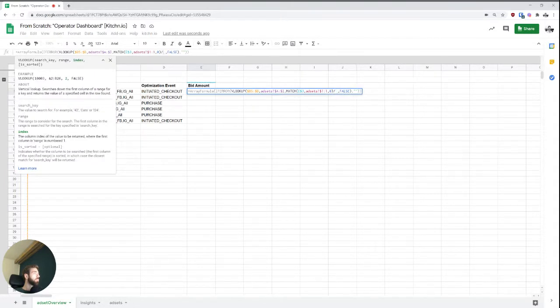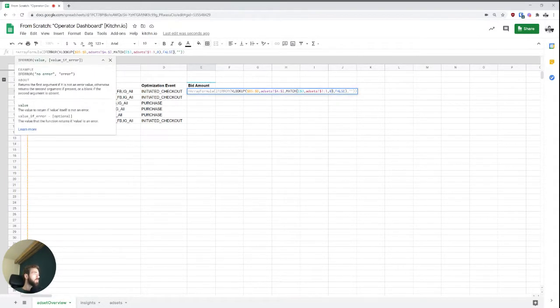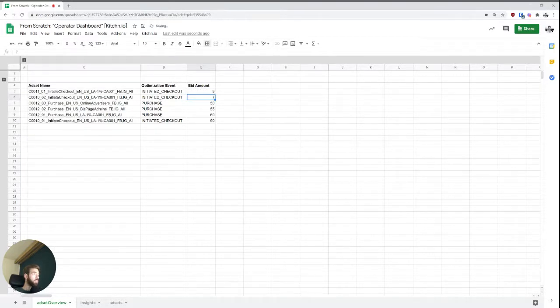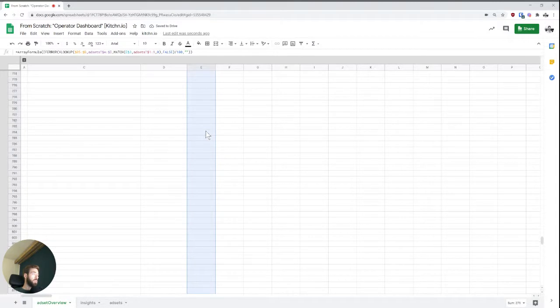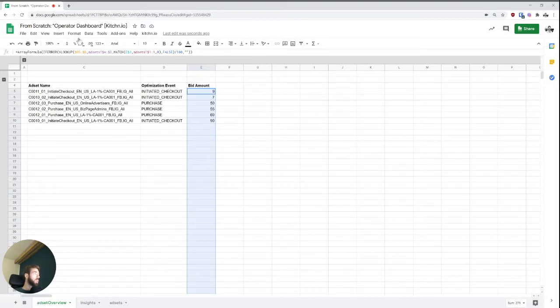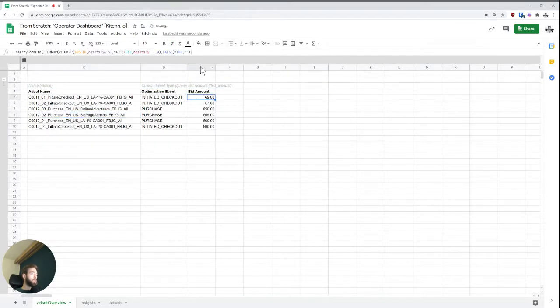Let's take here. So that was supposed to go here. There we go. And so I did that now, and I want this whole thing to be formatted in euros because that is what I have here. So this works well. Something that you can do as well is if you want this 100 to be dynamic,